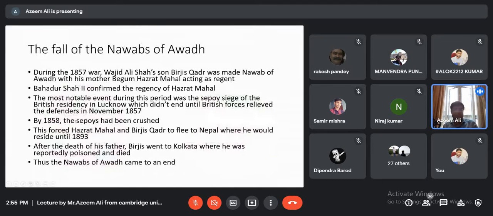And now we're going to look at the end of the Nawabs of Awadh. So during the 1857 war, Wajid Ali Shah's son, Birjis Qadr, was made Nawab of Awadh once again, with his mother, Begum Hazrat Mahal, acting as regent. And then Bahadur Shah II in Delhi confirmed the regency of Hazrat Mahal. And the most notable event during this period was the famous siege of the British residency in Lucknow, which didn't end well for the besiegers, because the British forces were able to relieve the defenders in November